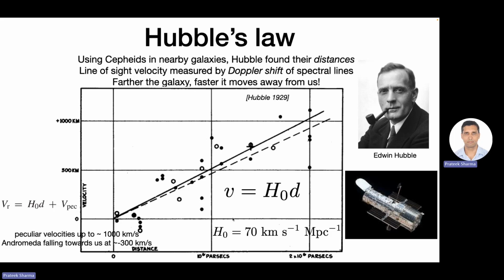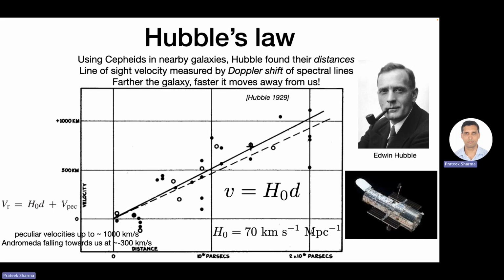The present value is about 70 kilometers per second per megaparsec, and this is actually a weird unit. As you can see, there is a distance unit here, kilometer, and a 1 by distance unit here, per megaparsec. So these units actually cancel away. So H0 is just 1 by time dimensionally, but we use this because it provides an easy way to interpret what it means. What it means is that if you have a galaxy which is 1 megaparsec away, it should be moving away from us at 70 kilometers per second. That's why we adopt these